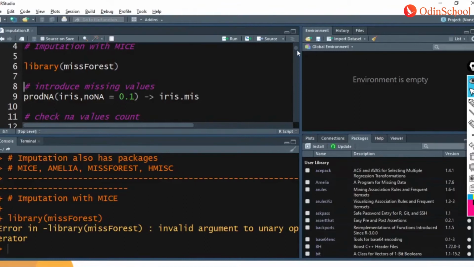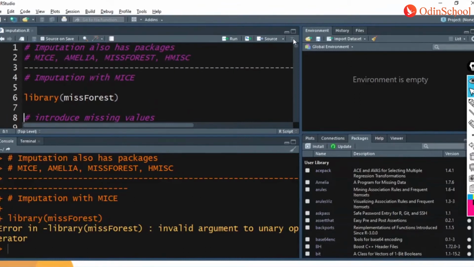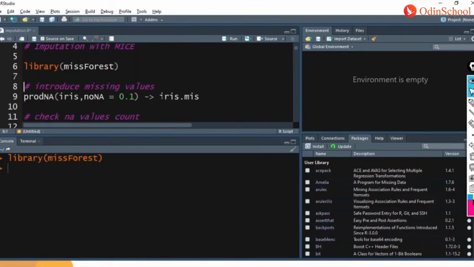Okay, I think this is not the first step. All right, so executed. Now that you see my library is executed, the next thing I would be doing